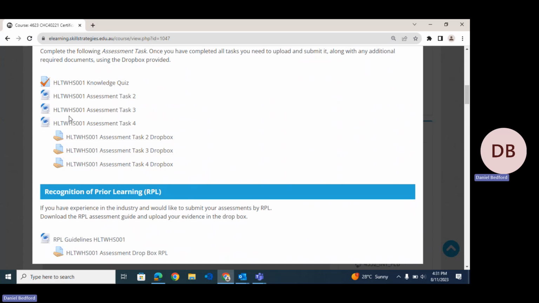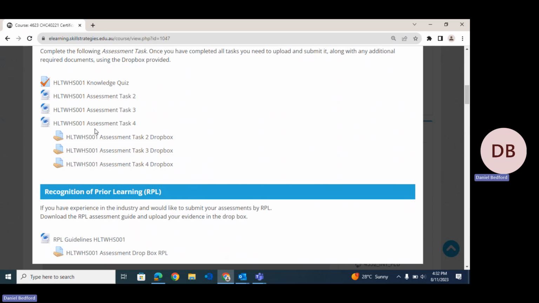Now, these assessment tasks here are the templates that you referred to: the hazard identification, the risk assessment, and the incident report. And as I mentioned in the email last night, I'm happy for you to use your school as the setting for these assessment tasks. We do have a video, but it's very long and it needs to be recorded better. So you're welcome just to go around your department or a section of the school,